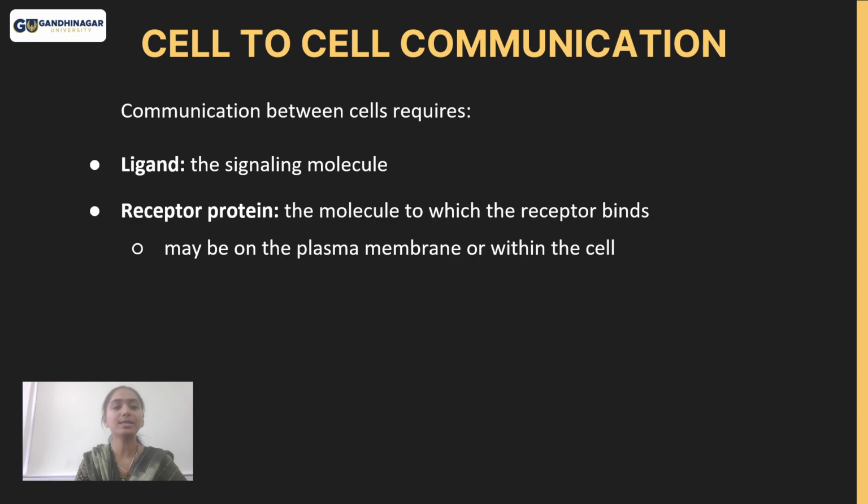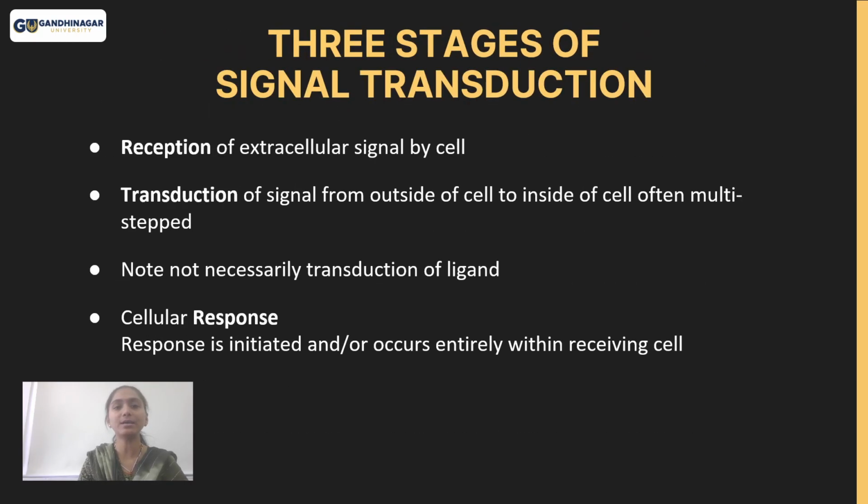Cell communication is also known as signaling of the cells. It has a very crucial role in the communication of the cell to another cell, or we can say adjacent cell. It is a vital process that allows cells to communicate with each other to coordinate various activities within multicellular organism. Here are the general principles of cell communication. There are mainly three steps which involve the cellular signaling pathway.